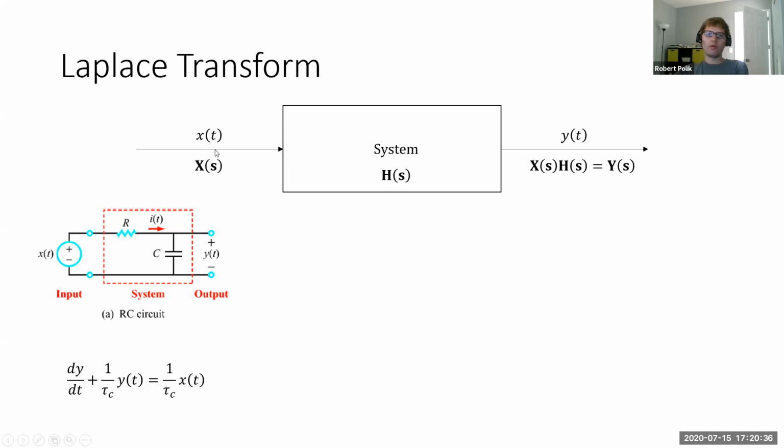And so when we turn x of t into the s domain, we can also find an equation for the system. And if we multiply these two Laplace domain equations by one another, we get the output y of s. We can't multiply x of t by anything to get the output. But in the Laplace domain, it's as simple as multiplying to understand what the relationship is. So this is why the Laplace domain is so important for controls: you can have all of your systems, including your feedback loop, and do the math in the Laplace domain much more easily.